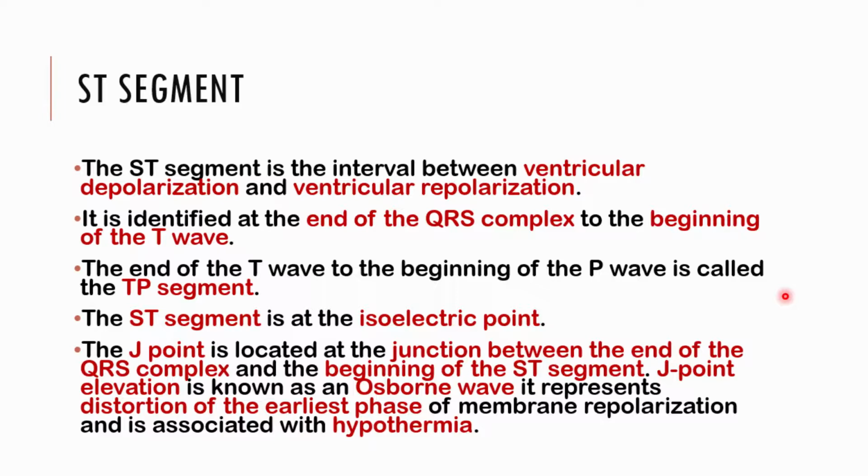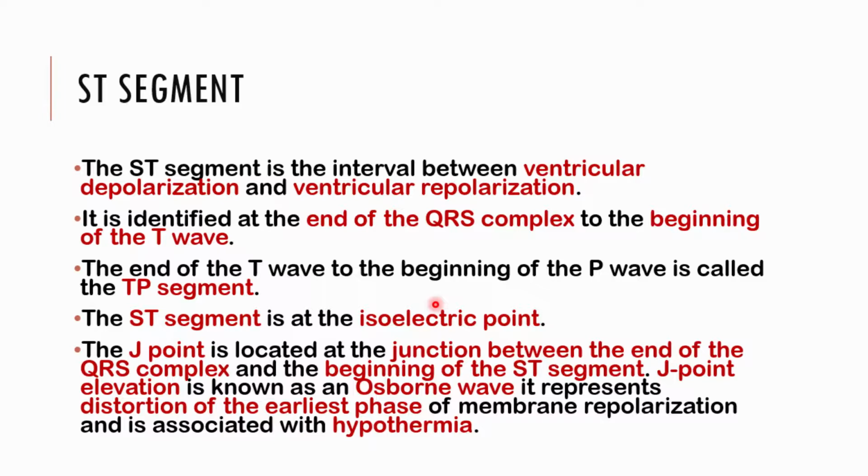Some people may even consider another segment known as the TP segment, which is from the end of the T wave to the beginning of the P wave. But one important thing you need to know is that the ST segment is at an isoelectric line, so it should be neither positive nor negative. If it's positive, you call that ST segment elevation, which signifies one of the most important things: a myocardial infarction, what is known as an ST segment elevation myocardial infarction, a STEMI. Or if this ST segment is depressed, you can call that an NSTEMI,